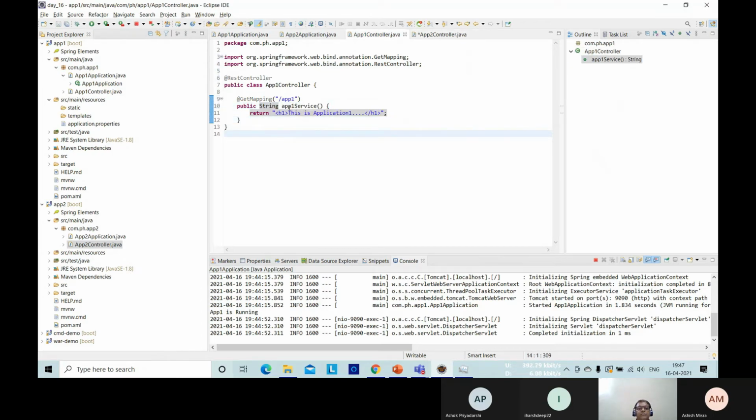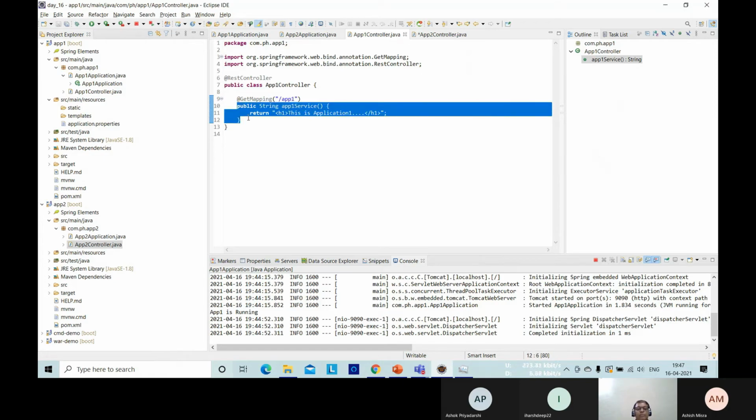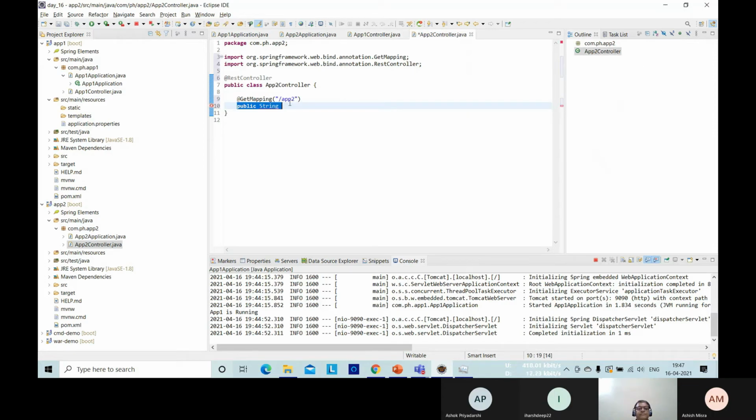Let me just do the copy paste. So here I shall write this is application 2. Is it okay? Now just save this. So our applications 2 is ready, guys.